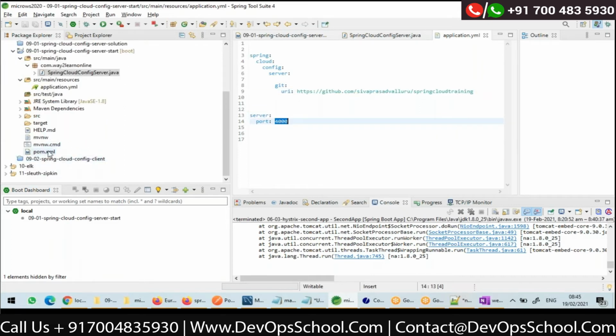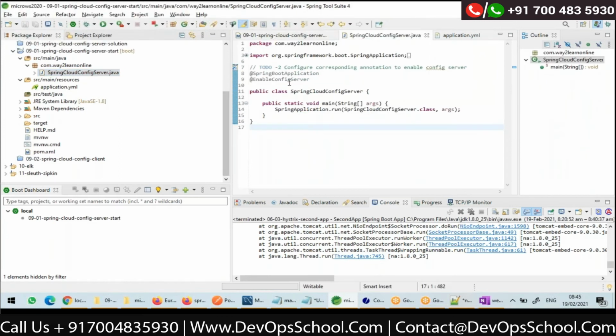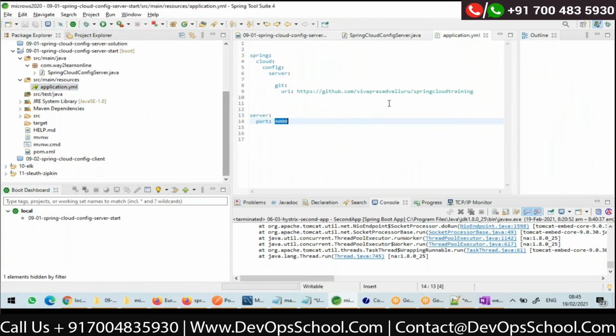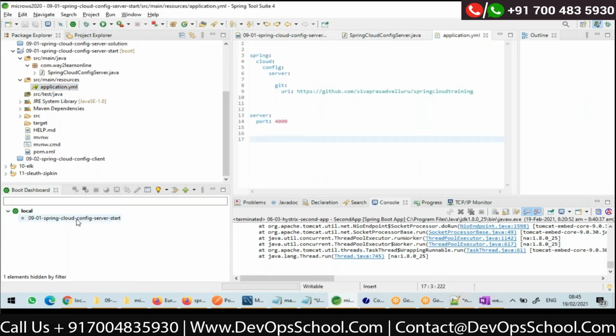What all did I do? I just added Spring Cloud config server as a dependency. First step. Second step is enable config server. Third step is I configured and told where my repository is. That's all.